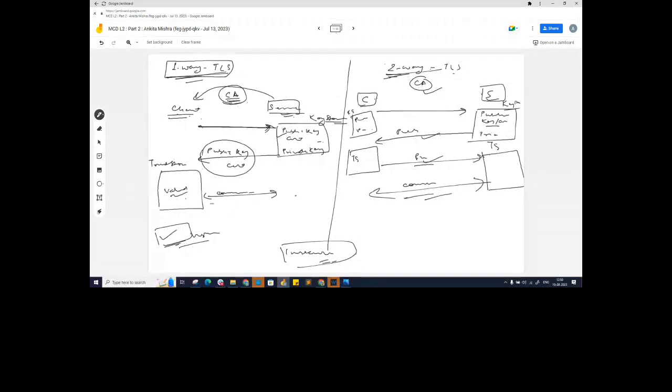In two-way SSL also, you can opt whether the client can blindly trust the server or the server can also blindly trust the client. In that situation, you have to make sure both of them will have an insecure checkbox. So if you enable the insecure checkbox for the client, then the client will blindly accept the data provided by the server. And if the server's checkbox is enabled, then the client can be authorized blindly.